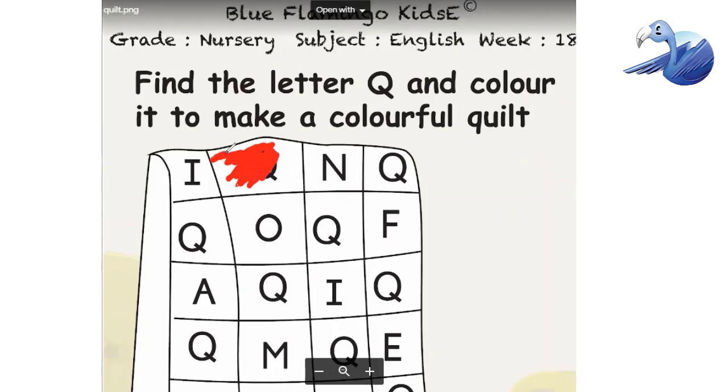See how I am doing, students? Like this only, you have to do the coloring part. Everyone got me?